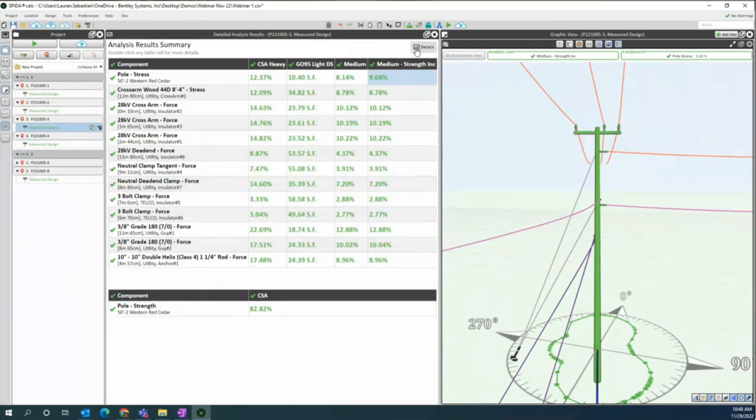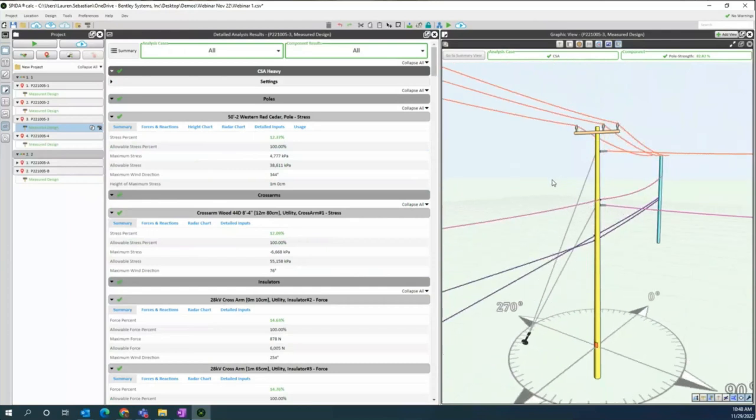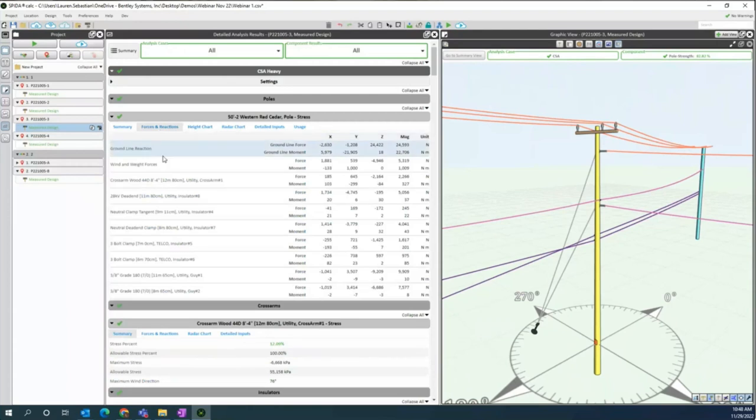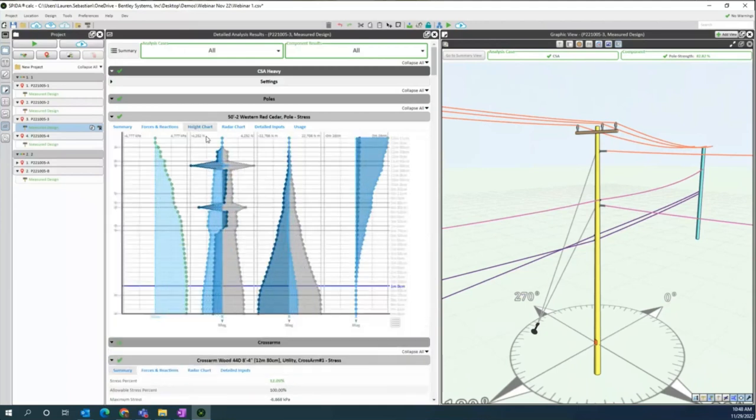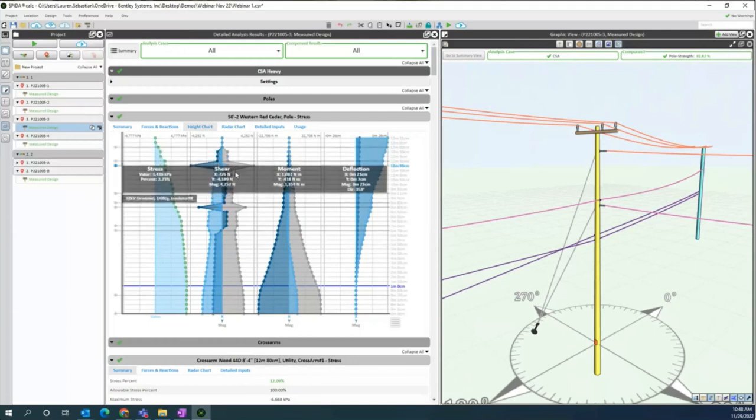As we go deeper into the analysis results, we're going to have much more information available for you so you can help determine what might be wrong with your poles or just review the output. So the same summaries exist in the detailed components. You can have access to the full forces and reactions, as well as the ground line reaction forces of your pole. You can keep getting individual height information for the stress, shear, moment, and deflection for each distance along your pole,